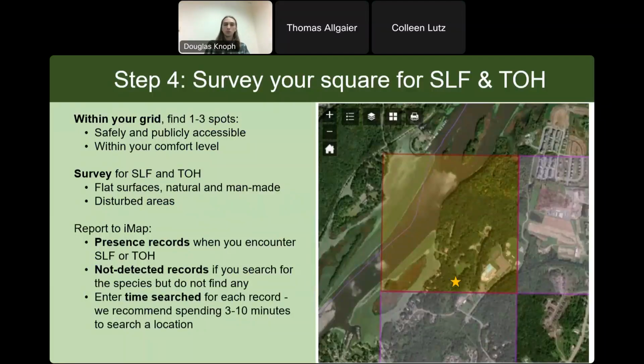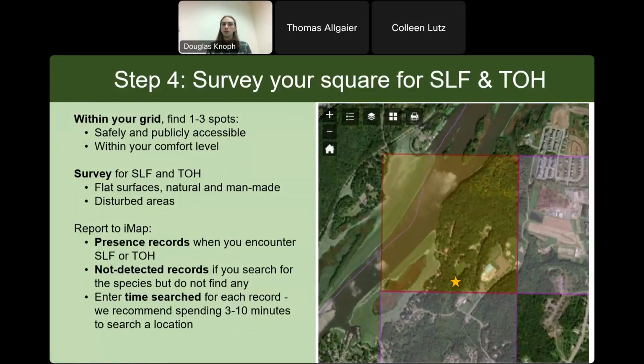So now you've got your tools ready, you know where you're going to do your survey. The last step is to go out and conduct the survey. So you have your 1 kilometer square grid if you're going to be participating in the Grid Square program. It's usually good to pick 1 to 3 spots throughout the grid to survey. Obviously areas that are publicly accessible and that can be accessed safely. So if we're doing this square right here, you don't have to worry about traveling all the way to the other side of the river to get this area over here. You can pick 1 to 3 areas in this main spot here, maybe staying off any private property that might be within the grid square.